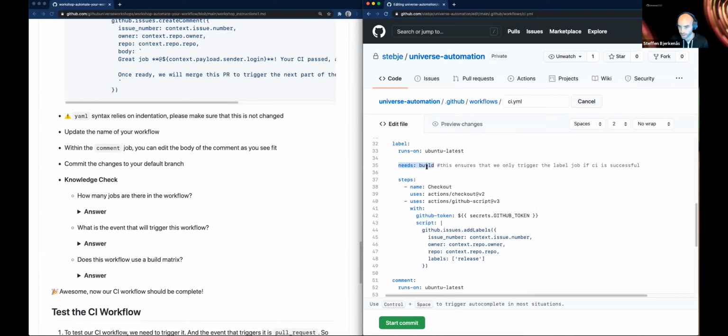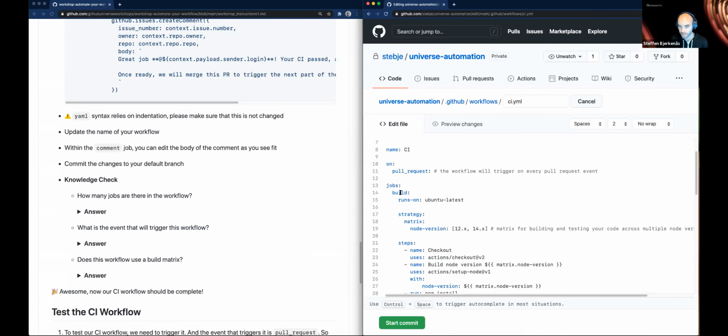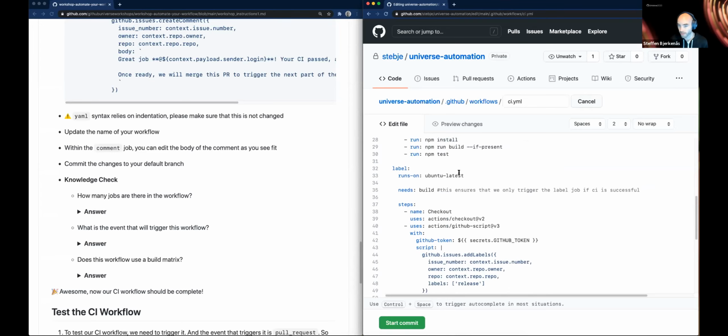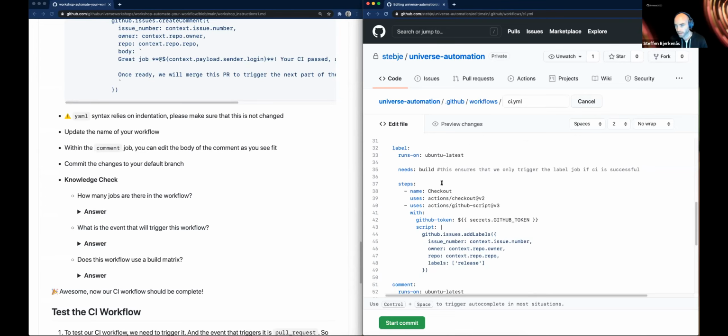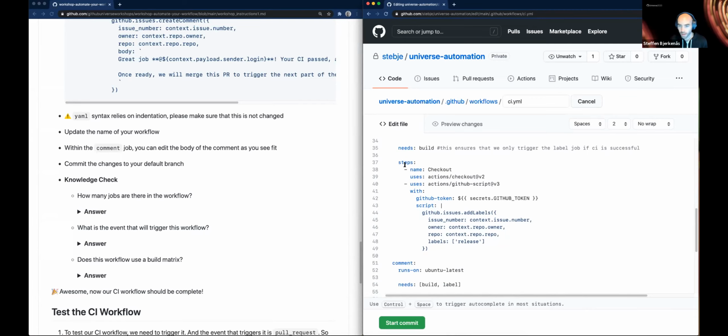So in this case, what this means is that I don't want to run the label job unless the build job, which is this one, succeeds. All right, so if this one fails for some reason, it will not trigger at all. So this is quite a neat feature that allows you to better control the flow of your automation, right? To define these dependencies. This one also has a few steps, checks out the code, and then it uses a